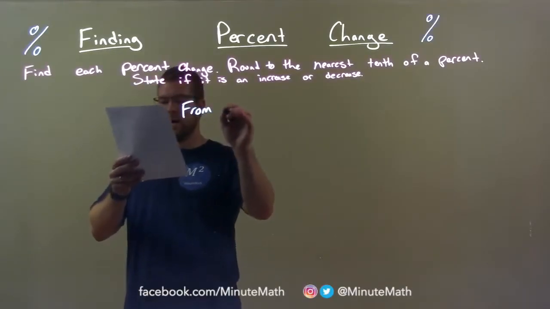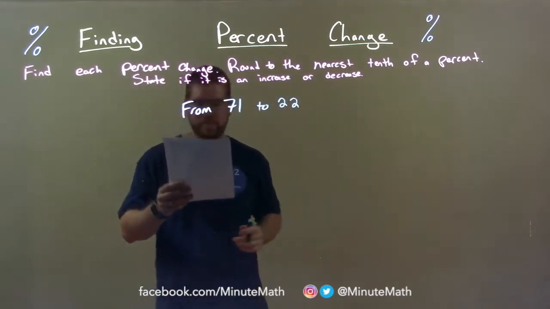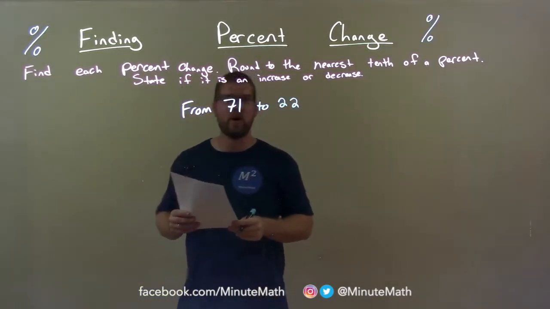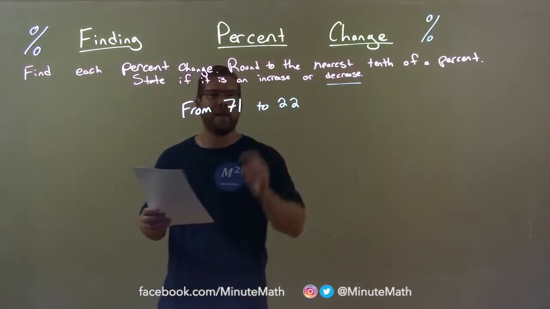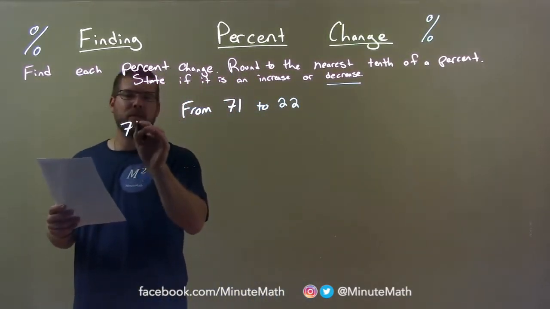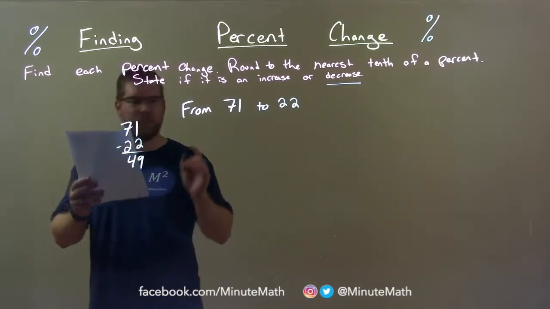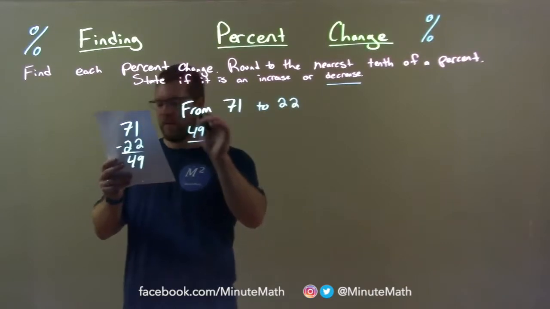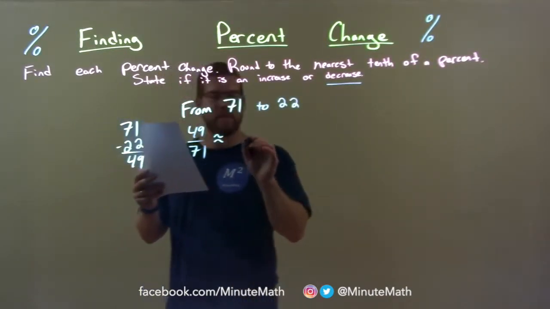From 71 to 22. 71 to 22. All right. Well, this is clearly what we call a decrease right there. Now, the difference between the two. 71 minus 22 comes out to be 49. Take that 49, divided by the first number, 71. Now, that comes out to be the decimal,